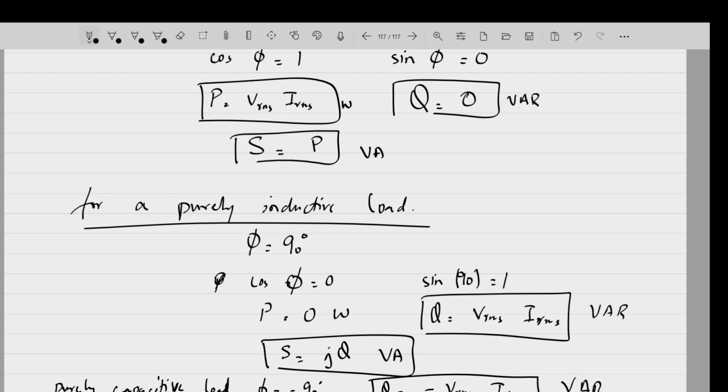तो अब डिफरेंस बिटवीन इंडक्टिव और कैपेसिटिव लोड में क्या है कि इन दोनों में नेगेशन की डिफरेंस है, फाइन। नेगेशन की डिफरेंस मीन्स अगर आपके सिस्टम में इंडक्टर भी है और कैपेसिटर भी है, तो अगर, फॉर एग्जांपल, इंडक्टर इज कंज्यूमिंग 50 VARs and the capacitor is consuming 30 VARs, तो टोटल जो रिएक्टिव पावर होगा इस टाइम पे, दैट विल बी 50 minus 30, दैट विल बी 20 VARs। तो अगर अब आपके पास एक कॉम्बिनेशन होगा ऑफ इंडक्टर्स का और कैपेसिटर्स का, तो योर VARs can be reduced in the system, ठीक है।